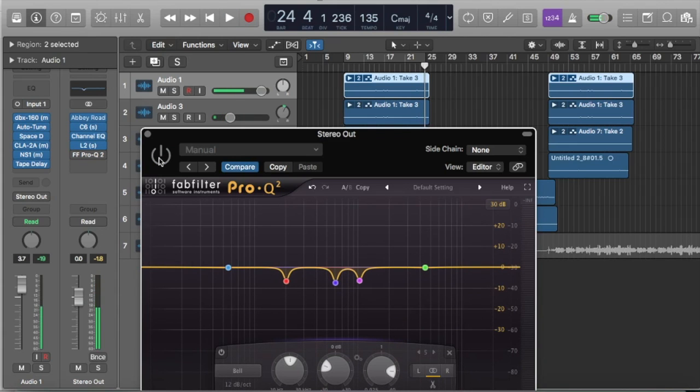You see what I'm talking about? It makes it sound a little more clean, a little more pleasing, and it's real subtle. But this is the best way to start EQing. If you have no clue what you're doing in EQing, like I didn't when I first started, you're gonna want to